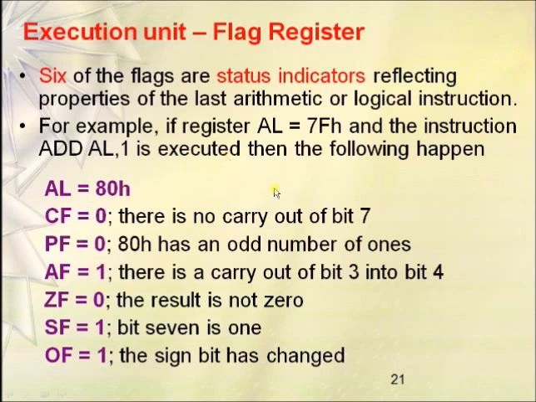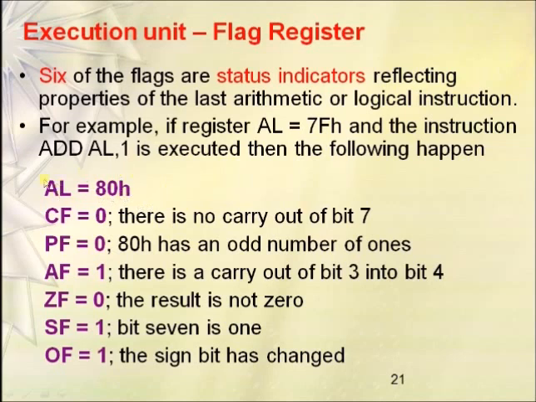Now let us see an example where initially AL is the register holding the value 7F. As we know, all these registers hold hexadecimal values, therefore 7FH indicates hexadecimal. I have written one instruction, ADD AL, 1, where I am adding the hexadecimal value 1 to the AL register. It means the contents of the AL register, that is 7F, are added with 1, and the result is again stored inside AL. After execution of this instruction, AL will be holding 7F plus 1, which is 80H.